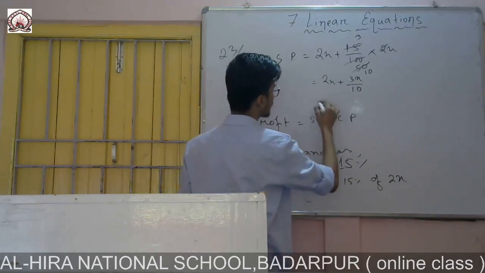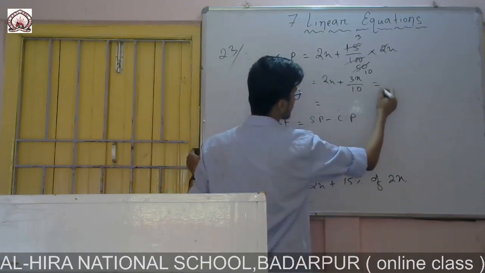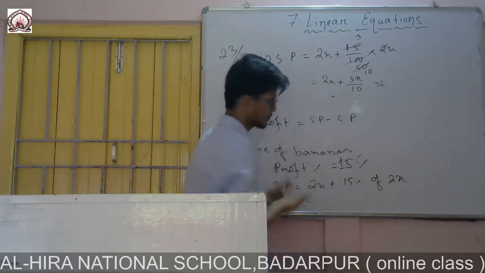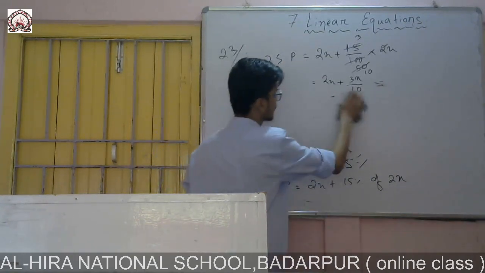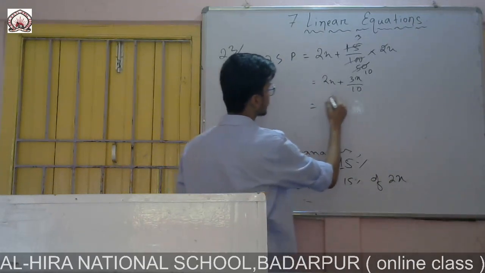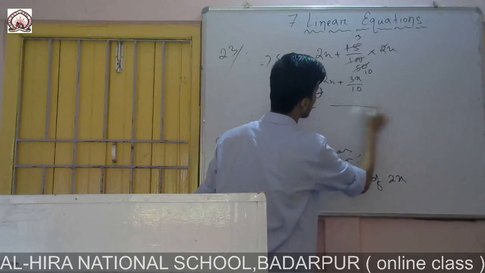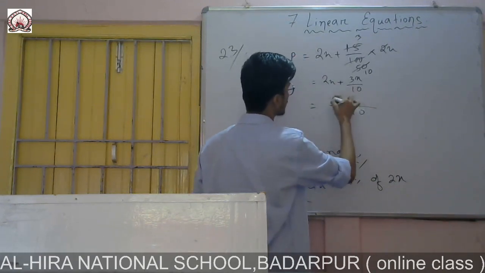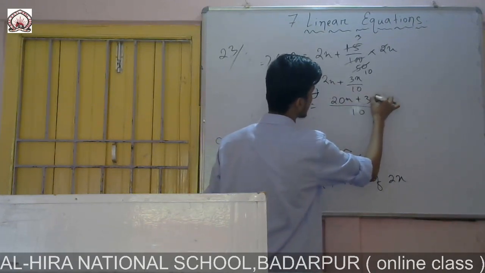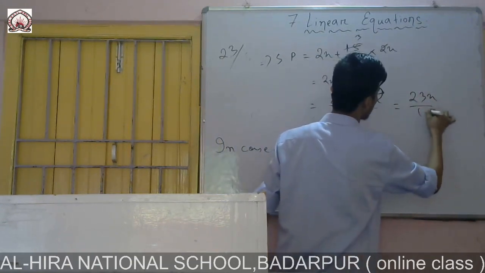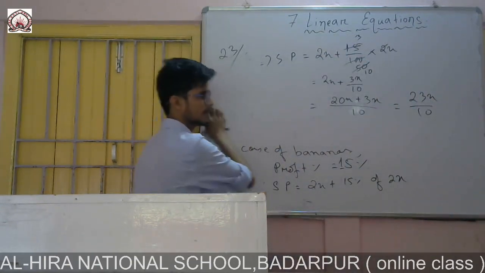And if I solve this one, let me write it here. Twice x, there is no space, so you write 2x plus, if I take the LCM, it will be 10 of these two terms. That means 2 into 10 is 20x plus 3x, which is equal to 23x by 10. So for this we will find the